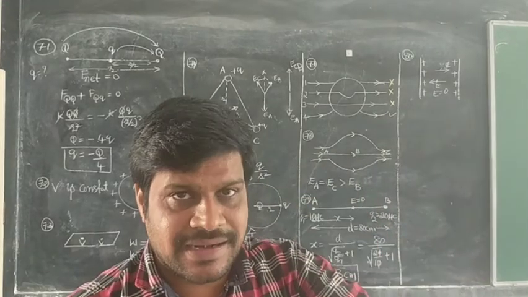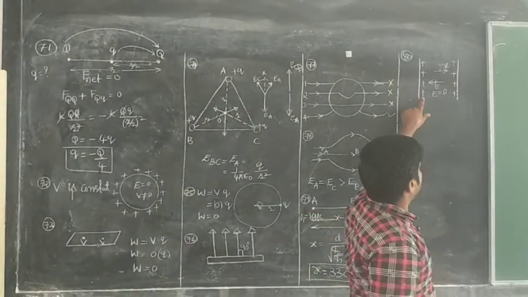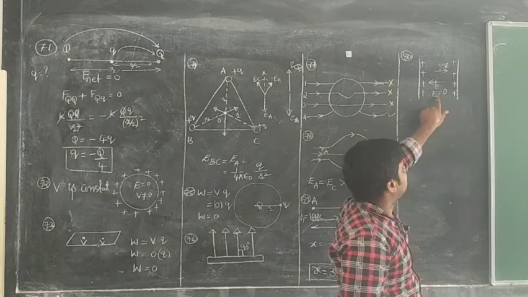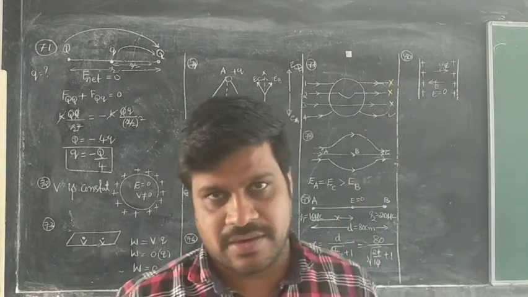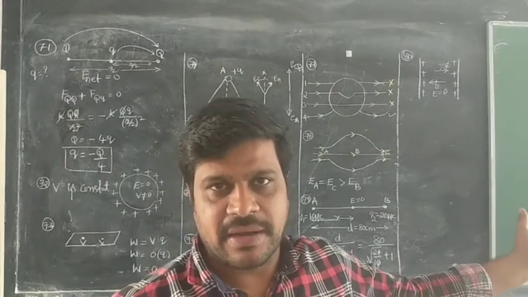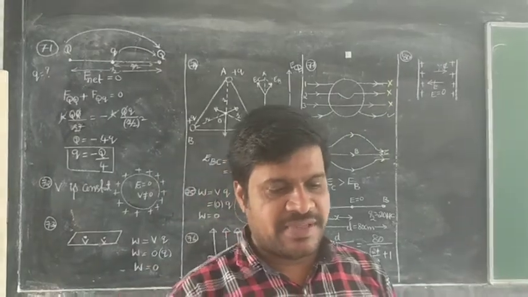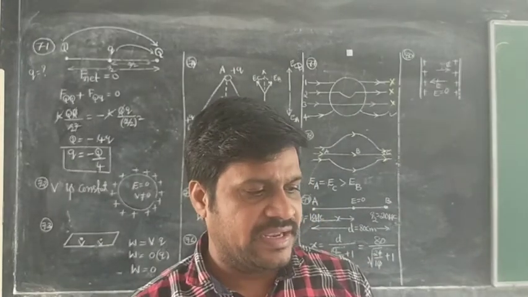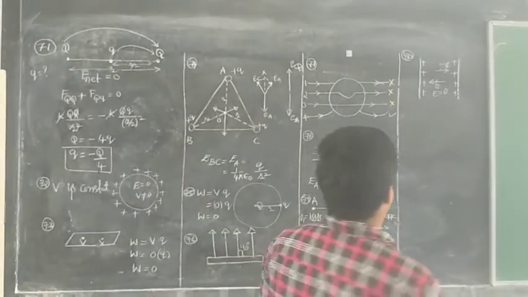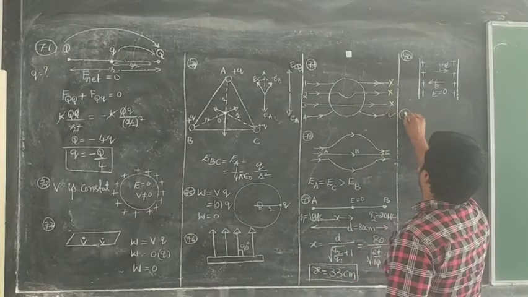Suppose they were unlike, one positive and the other negative. In that case, what is the electric field between these two? E equals sigma by epsilon naught, which we have done in the parallel plate capacitor. So the electric field is 0 means which option is correct here? Option C is correct for the 80th problem. Next, the 81st one I am going to explain next.